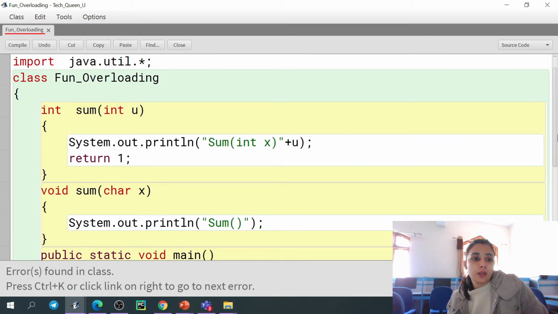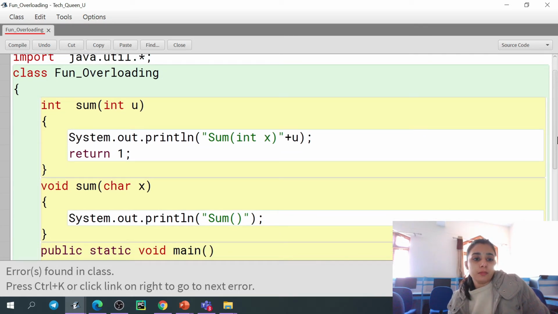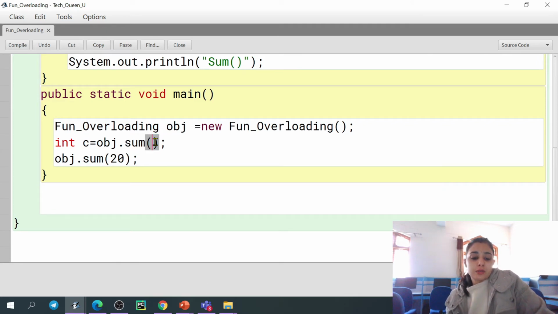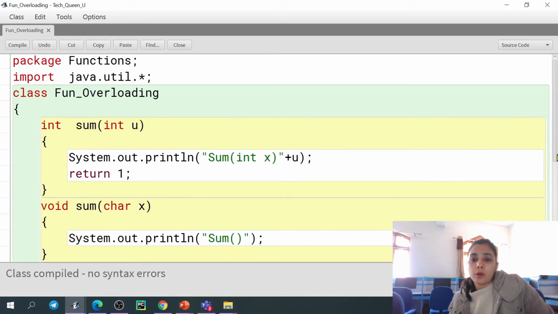Nothing will happen if you put a or 6, because that will be treated as a character only, right?